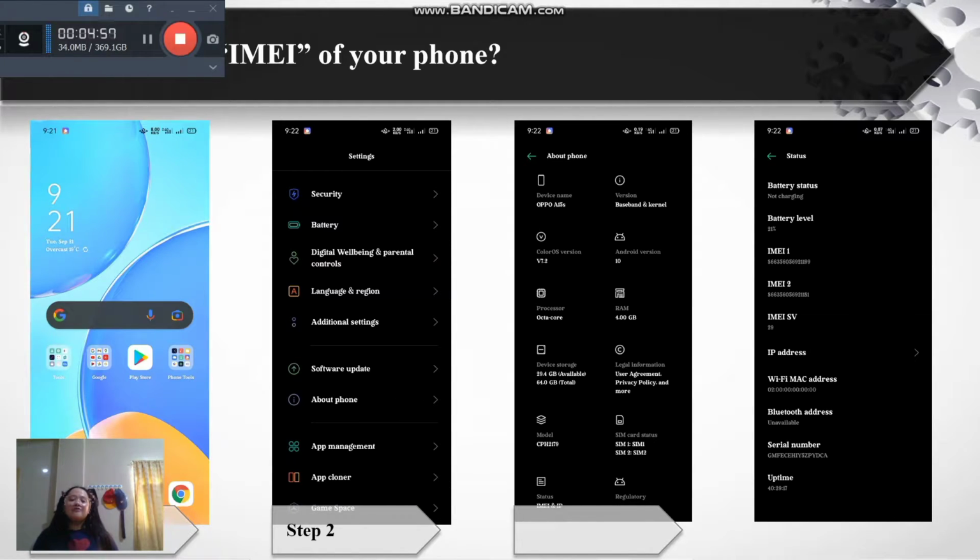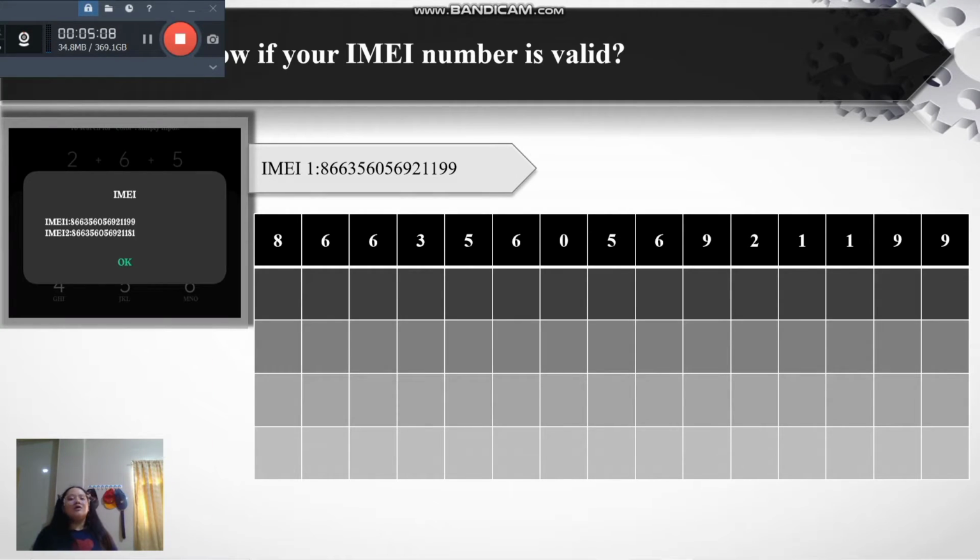Go to About phone, and then go to Status. In the status you can see your IMEI 1 and IMEI 2. So how would you know if your IMEI number is valid? So first,